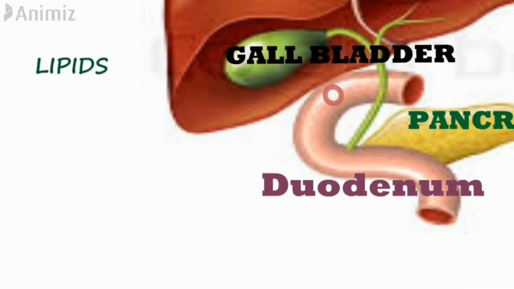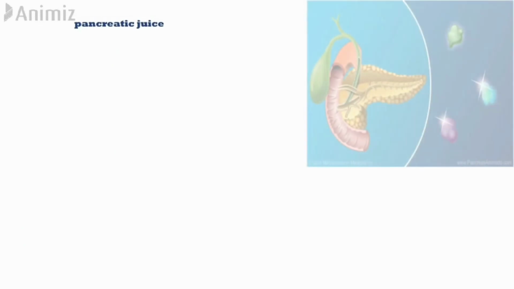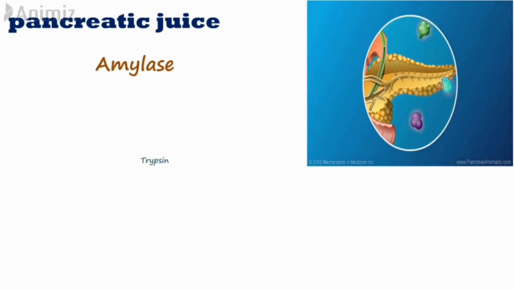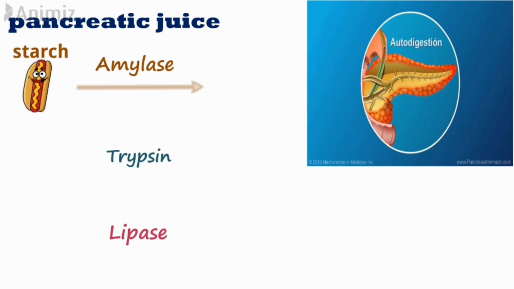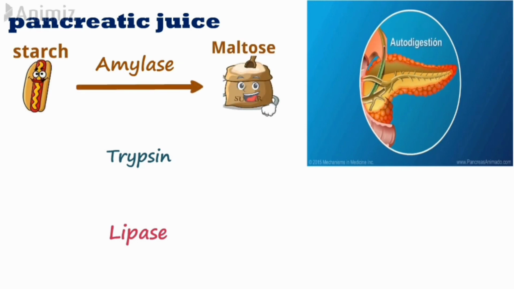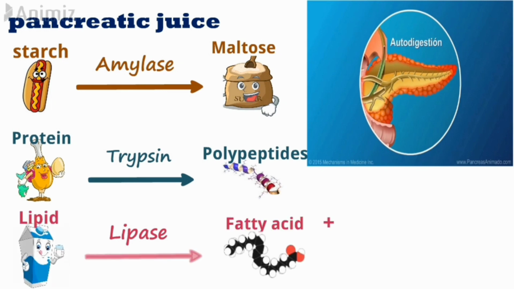Due to the mixing of bile with the food at the duodenum, the lipids in the food are broken down into small droplets, and this process is called emulsification. Next, the pancreatic juice. It contains three enzymes: amylase, trypsin and lipase. The amylase converts starch into maltose, the trypsin converts protein into polypeptides, and the lipase converts lipids into fatty